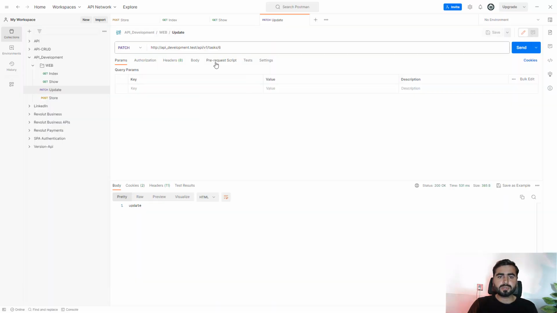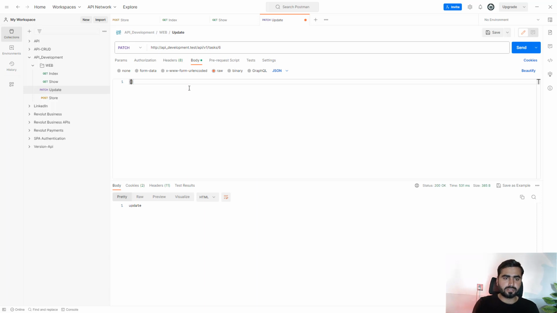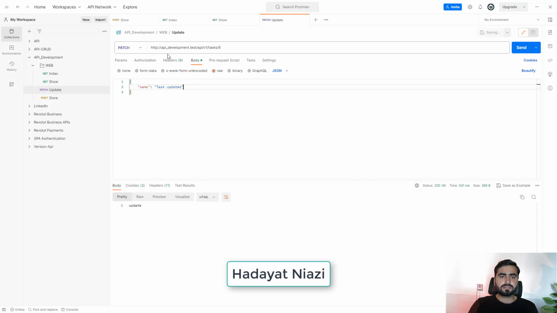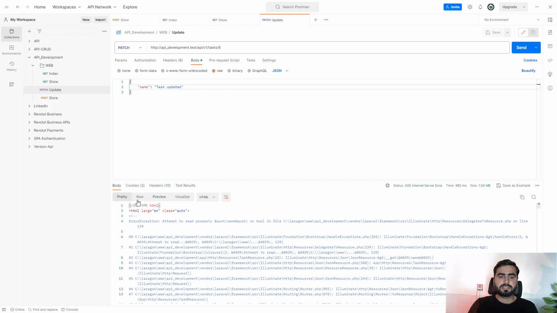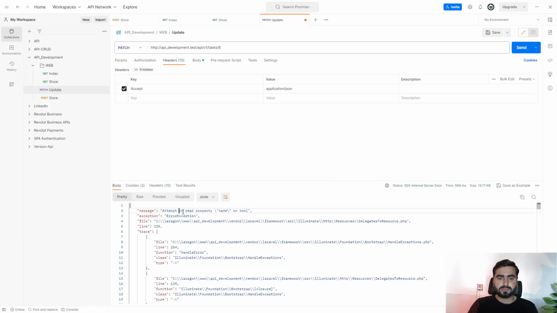Okay, so here we also need the raw JSON, and here I'm going to pass the name in the JSON as task updated, like this, right? Save this one, and now I'm going to send this request. Send. It returns some error, so just pass this Accept header as application/json, send, and the error says attempt to read name